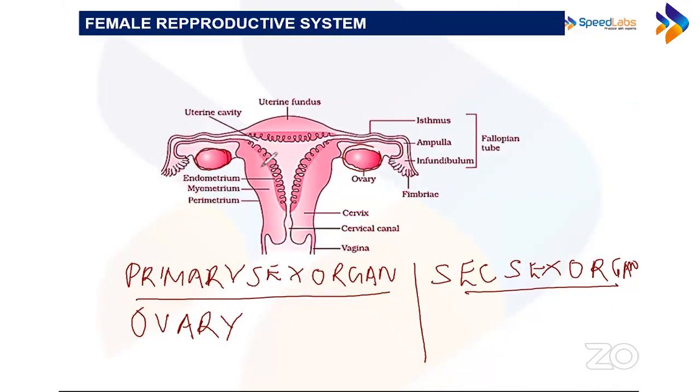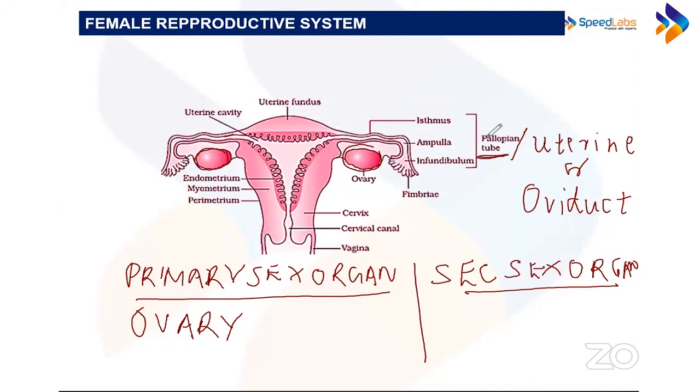Secondary sex organ में you have this, ये जो see finger like projections निकल रहा है ना, ऐसे यहाँ पे, ये finger like projections निकल रहा है यहाँ से, the entire structure like this and with this and this together is called the fallopian tube. So fallopian tube, other name is uterine tube or oviduct. Uterine tube भी बोलते हैं इसको, uterine और oviduct भी बोलते हैं. So whose alternative names are these? These are the alternative names of fallopian tube.